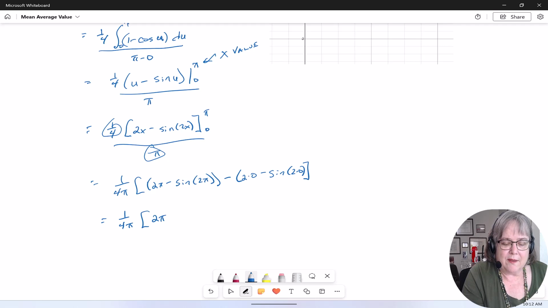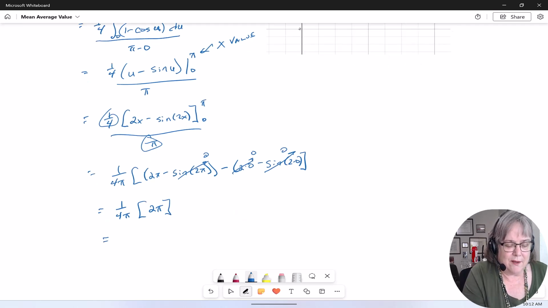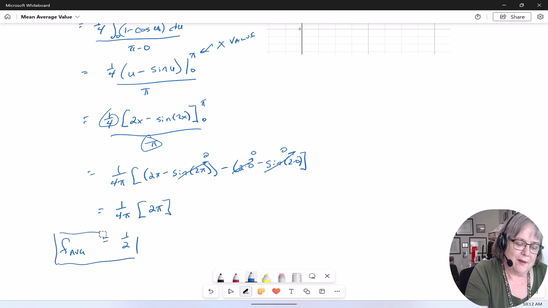Now, sine of 2 pi is 0. 2 times 0 is 0. Sine of 0 is 0. So this is just 2 pi. So the pi's cancel, and 2 over 4 is a half. So the average value is a half. That was a terrible box,